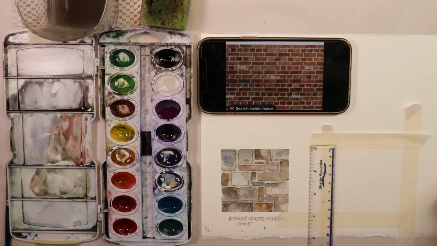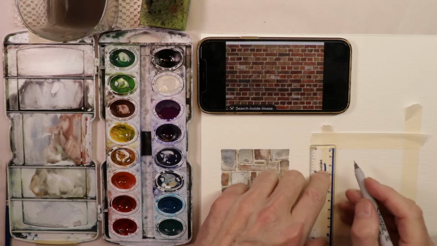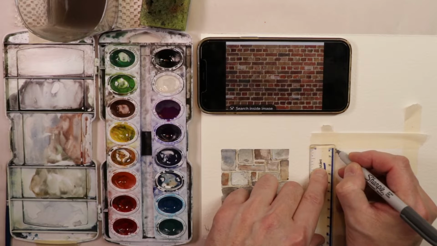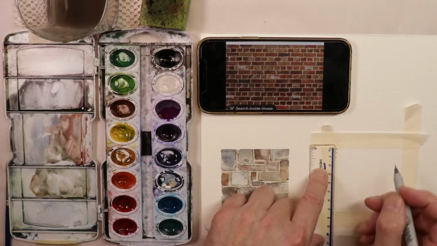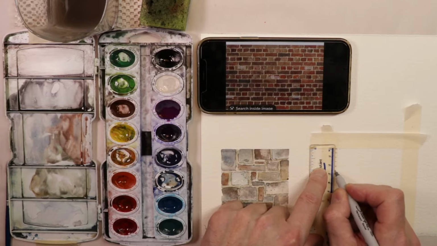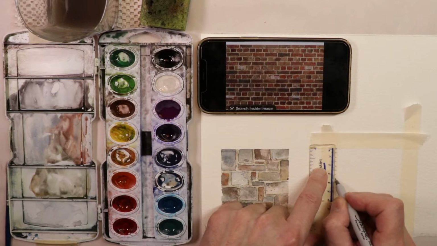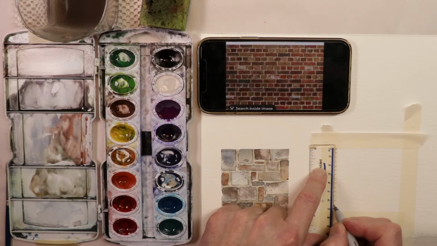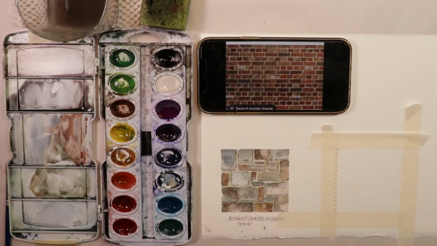I'll use the Sharpie here that we were using before, and I'm just going to make a mark every half a centimeter and just go right down the line here. So this way we have the marks perfect, like that. Then the next thing we would do is